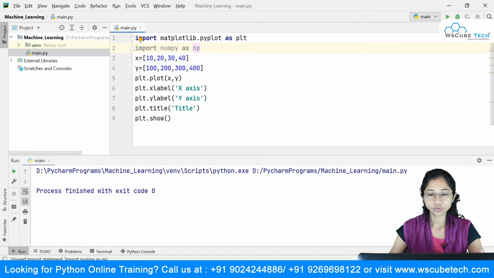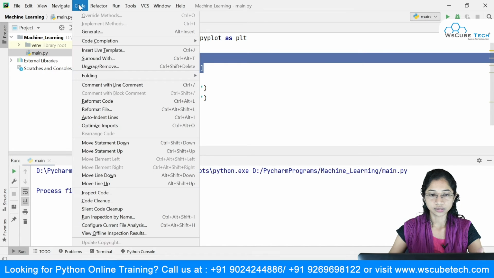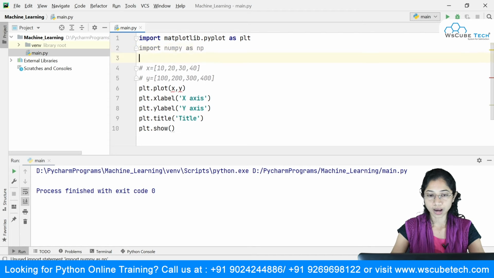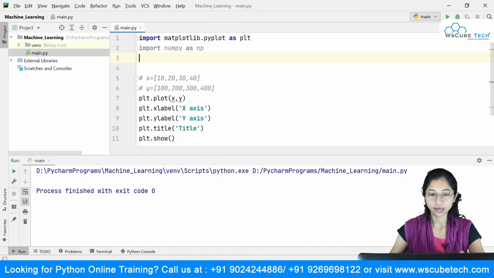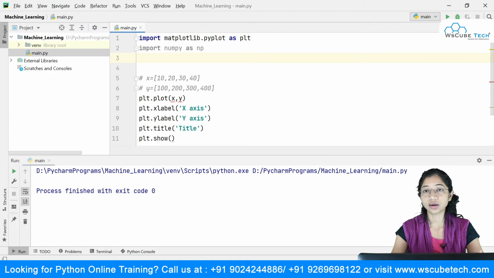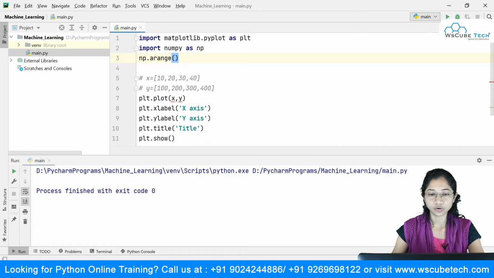All right, so what I will simply do is comment this out. Now I want to pass those values by making use of an array. You can use any of the methods. Okay, you can use array. We know that numpy provides us with the array method. Then we have arange. So I will make use of arange. I will say np dot arange, and suppose we want to take the same values over here. So how will I pass them? I will say start with 10, go till 50, and give the difference of 10, that is the step size. Okay, like this, and I will assign it to x.